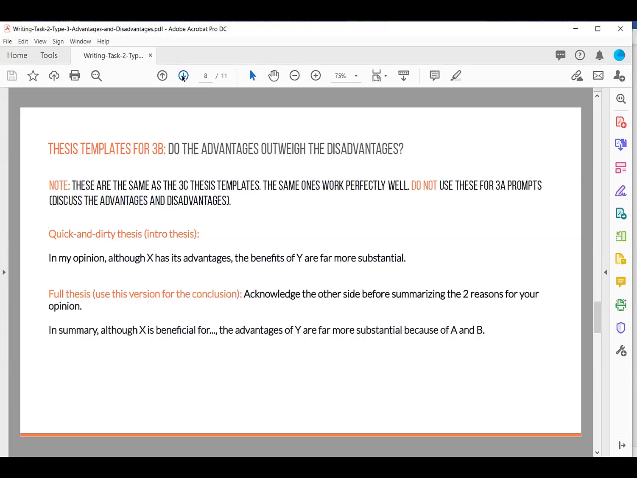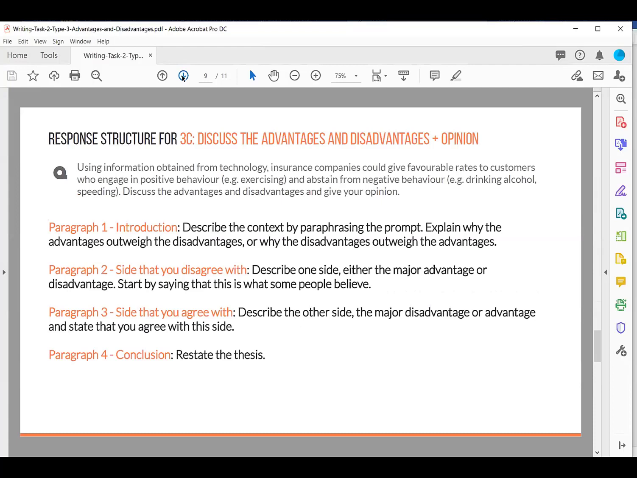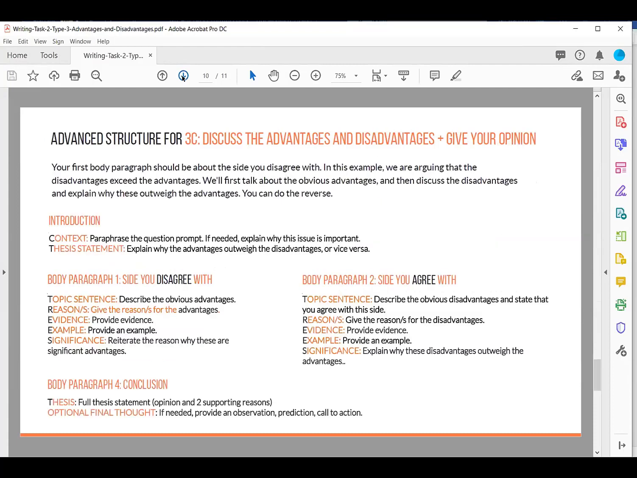Mr. Yan, for 3C, why should we give disadvantages in our agree side, like here in body paragraph 2? Side you agree with, describe the disadvantages. Why don't I write the advantages? This is just an example. You might think the advantages exceed the disadvantages, or you might think the disadvantages exceed the advantages. It doesn't matter which one you pick. This is just, in this particular example,